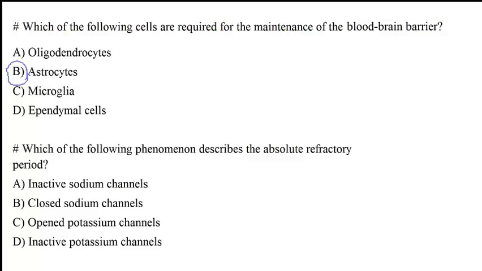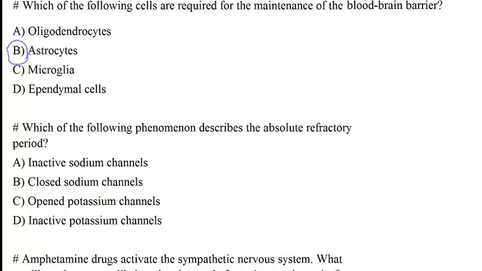Can you tell me what the functions of oligodendrocytes were? They were myelinating the central nervous system. And how about Schwann cells? They were myelinating the peripheral nervous system. Microglia, their function was to phagocytose pathogens. Then we have ependymal cells, which were lining the ventricles of the brain in order to produce cerebrospinal fluid, and its function is to act as a shock absorber for the central nervous system.